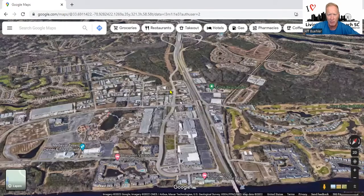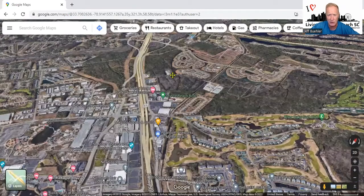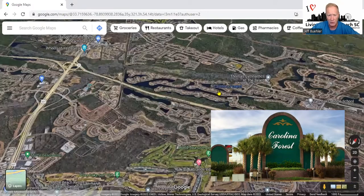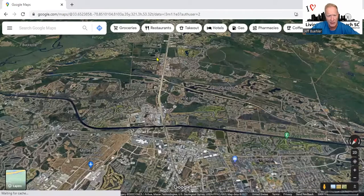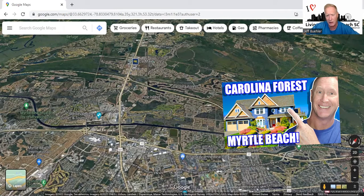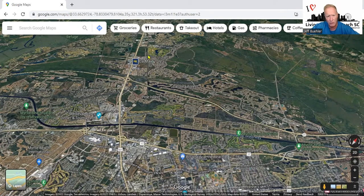And then as we come back to 501 and continue just a little further inland, then we're going to find Carolina Forest. So Carolina Forest is essentially going to be this entire section right here. All up and through here is Carolina Forest. You've got Carolina Forest Boulevard, which is going to run about right here, and it's going to cut all the way through. Now, what's nice about that, depending on the side that you live, if you live on this side of Carolina Forest Boulevard, well, you're likely going to be taking Highway 501 to come into the beach,